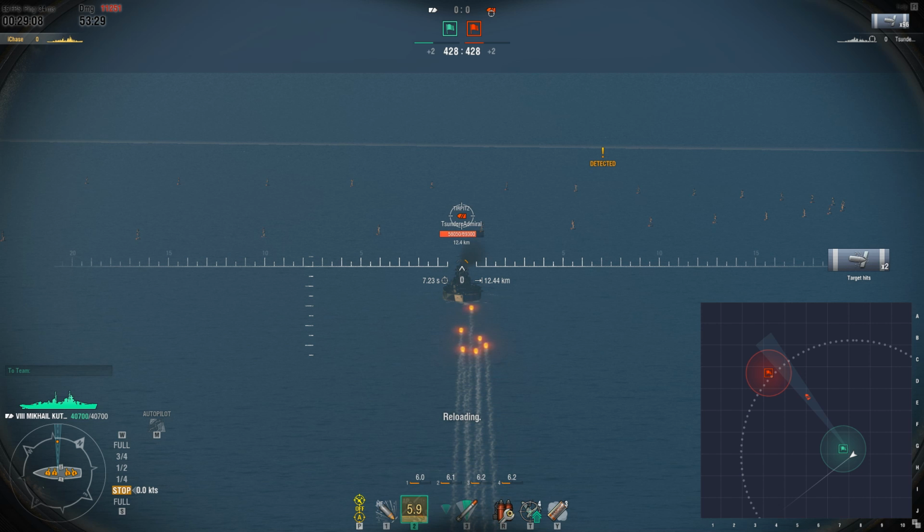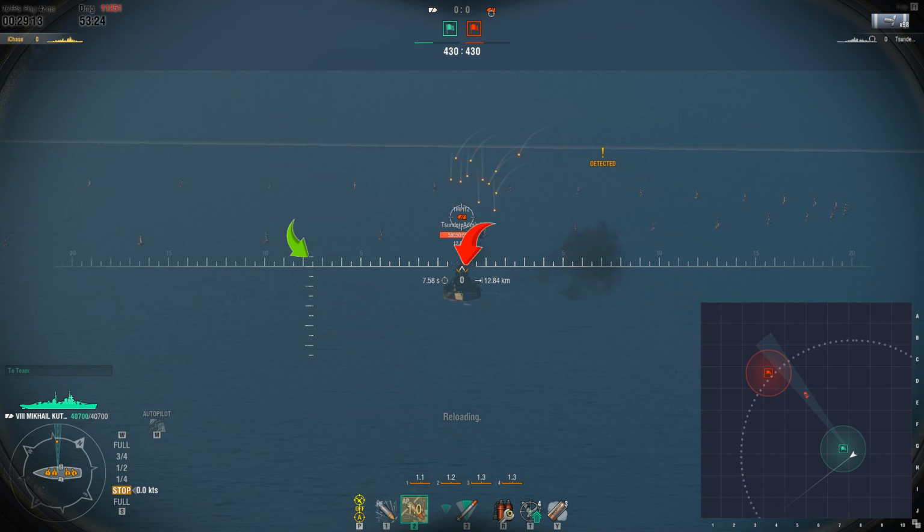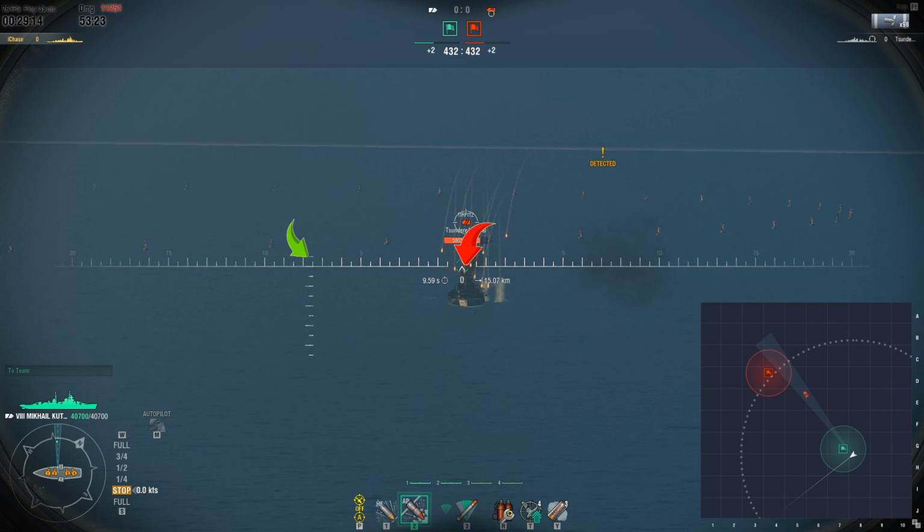So here we go. See a Tirpitz again, and if you look on the vertical axis, it looks like I'm giving it like 4 or 5 little ticks, and it's not. Because what I'm focusing on is where the bow of the Tirpitz would be, which is roughly where the 0 is, and I'm giving it 1 tick lead as it's going away from me from where the bow of the ship is. And if I do this correctly, you will see my shots land squarely in the middle,